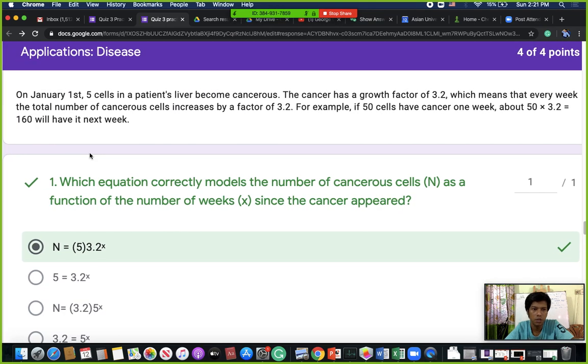the question said on January 1st, 5 cells in a patient's liver become cancerous. The cancer has a growth factor of 3.2, which means that every week the total number of cancerous cells increases by the factor of this. For example, if 50 cells have cancer one week, about 50 times 3.2 will be the